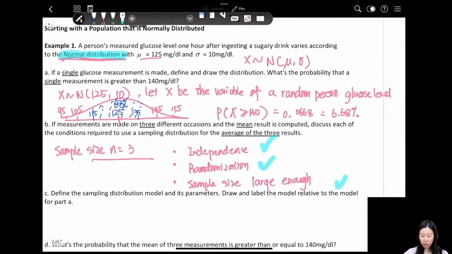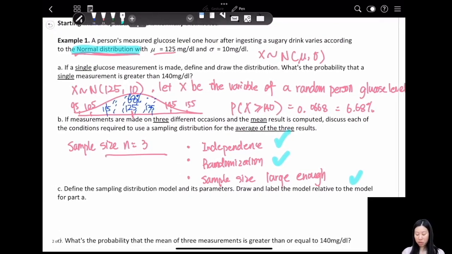That means we can use a sampling distribution. So define a sampling distribution model and its parameter, and draw and label the model. Okay. So now let's take a look. Since this is following the sampling distribution, what is its parameter? So we know that